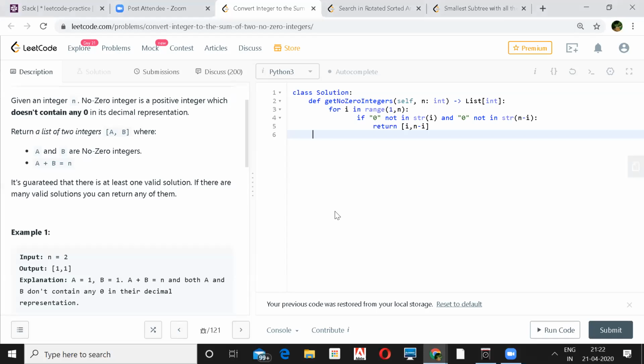If we keep going with 9, would it work? For example, if we have 10, then it goes 9 plus 1. If we have 100 or 3, that will be 99 plus 1. But I guess there will be a case not working. Yeah, I think we can move on to the next one.